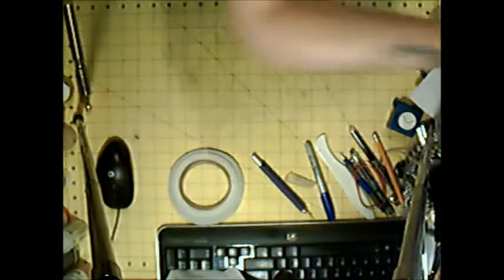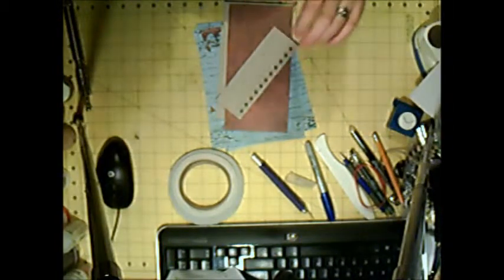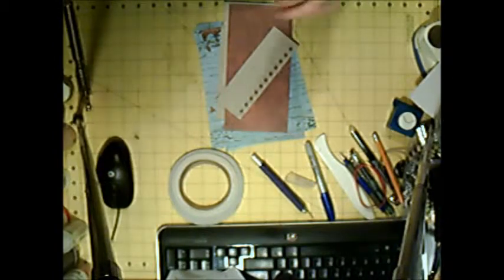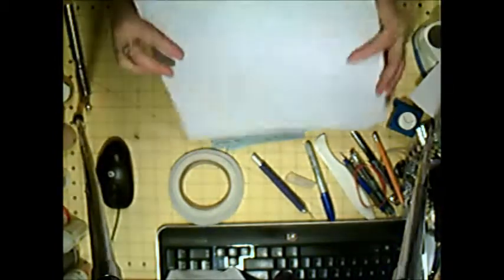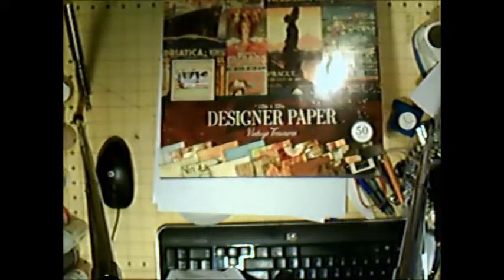Okay, so I got this paper pad from Walmart of all weird places. It was very cheap, like $5. It is relatively flimsy paper, but for this instance we don't want it to be super duper heavy paper anyway because of what we're doing with it. The brand is Colorbok, which is like the Walmart brand. It's called Vintage Treasures designer paper. There's 50 sheets and it is